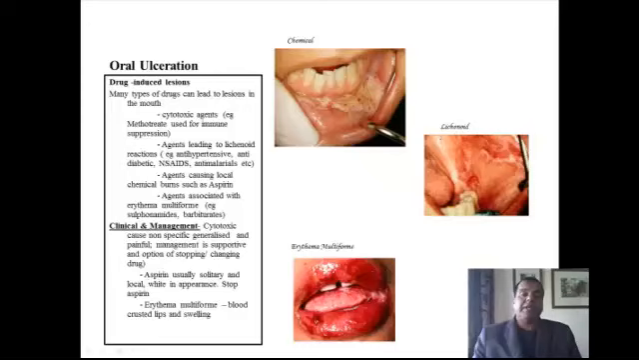Drug-induced lesions. Many types of drugs can lead to lesions in the mouth, such as cytotoxic drugs, methotrexate used for immune suppression, agents leading to lichenoid reactions such as antihypertensives, antidiabetics, non-steroidal anti-inflammatory drugs, antimalarials, etc. Agents causing local chemical burns such as aspirin, as mentioned previously, agents associated with erythema multiforme such as sulfonamides and barbiturates. So here you can see the irregular pattern that can be seen in a chemical burn or a lichenoid reaction, or